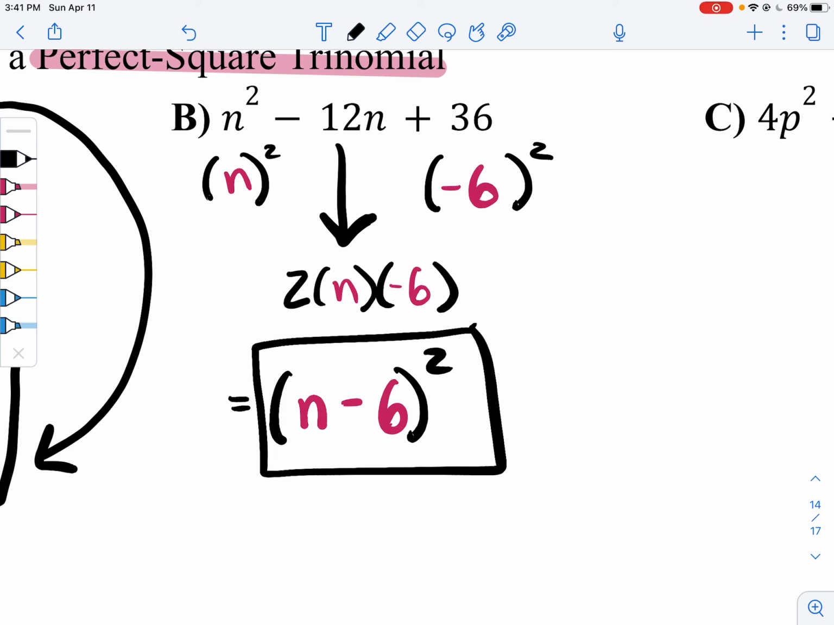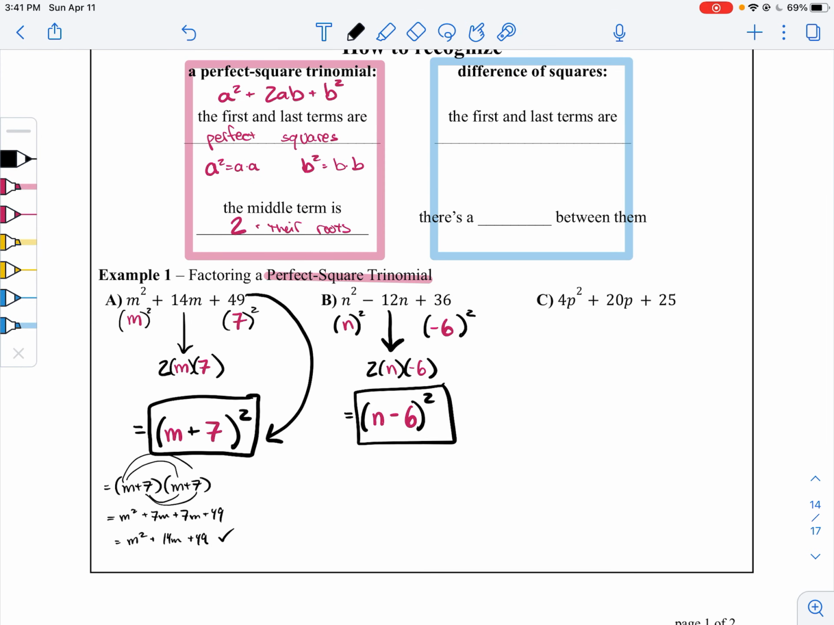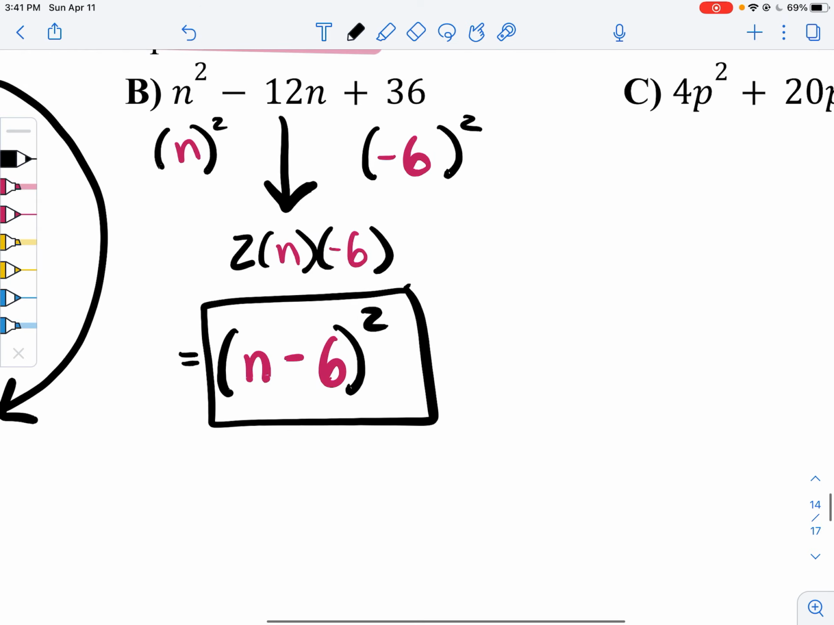Now the good news is, if you don't recognize that it fits this shortcut, that's okay. You don't need these shortcuts. You can just straight up factor it. You can say, oh, n squared minus 12n plus 36. Okay, well,